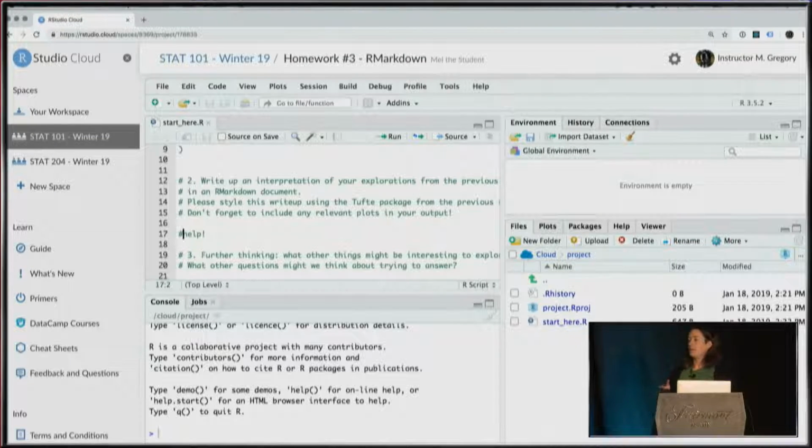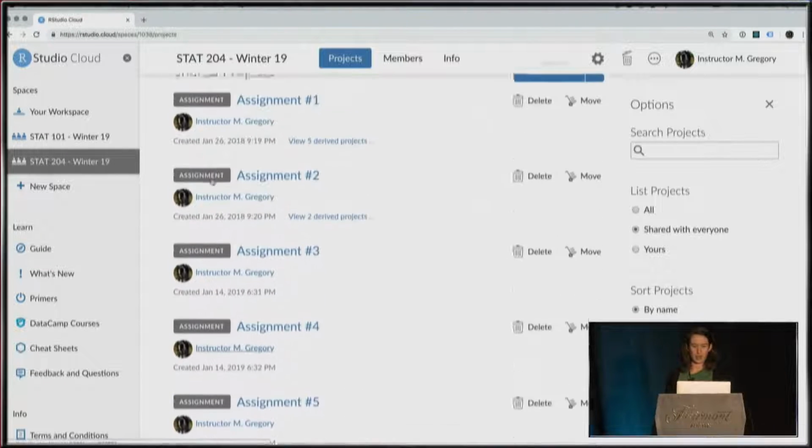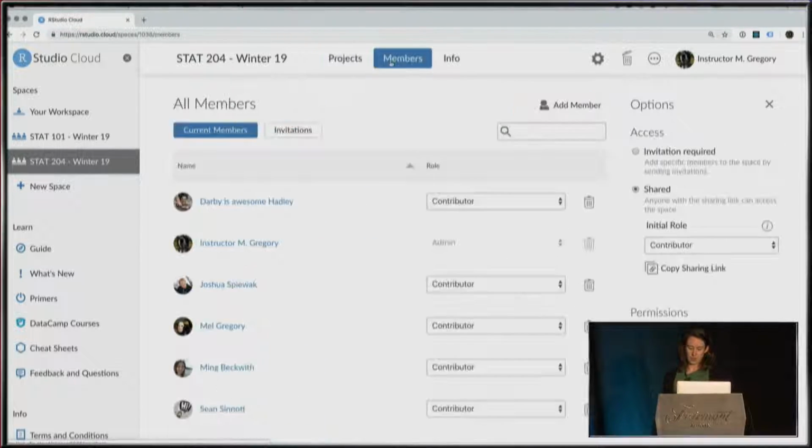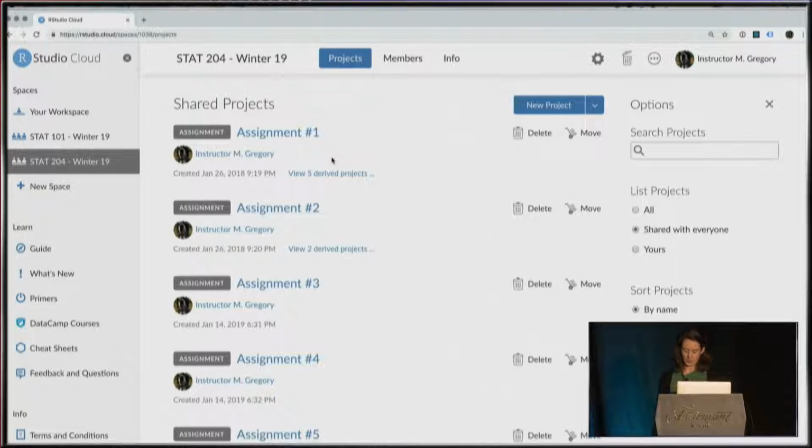OK, so I'm going to leave this for a sec and time travel a bit to the end of the semester. I've actually been teaching two courses, Stat 101 and Stat 204. And I'm going to open up the space for Stat 204 and take a look at it. OK, so there's a little bit more going on in here. And I have a members list. These are all of my students. And so if I go back to here to projects,